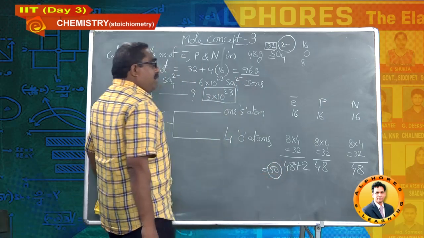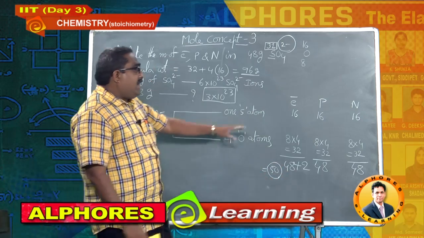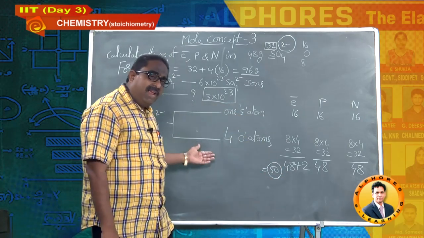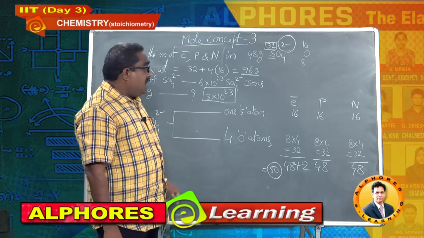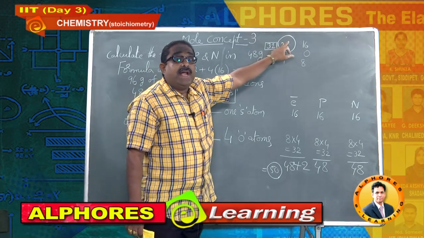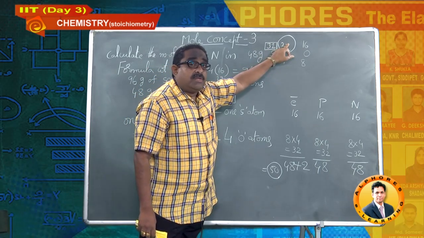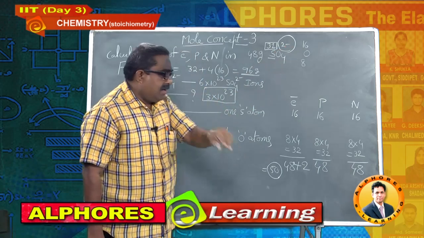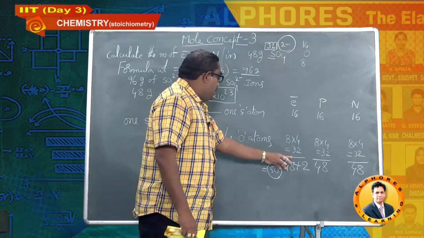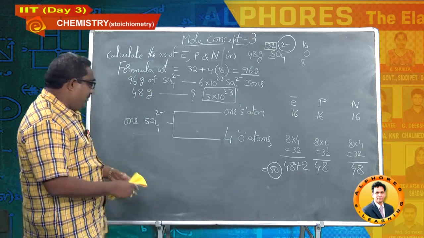Students, very important this is. Once again I am repeating. 48 as per normal calculation, just like the previous question we have discussed. But here this is an ion that possesses 2 units negative charge. So the 2 units negative charge corresponds to extra 2 electrons. That's why for this 48 we have to add 2 also, total comes around 50.